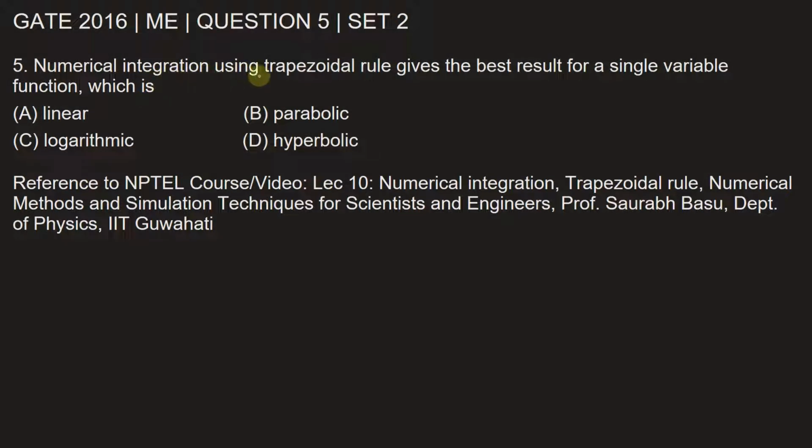Numerical integration using trapezoidal rule gives the best result for a single variable function, which is: option A is linear, B is parabolic, C is logarithmic, or option D is hyperbolic. Now, if you have already studied numerical integration using the trapezoidal rule, you must know that the correct answer